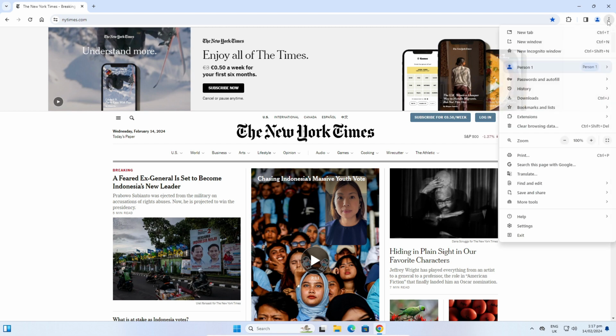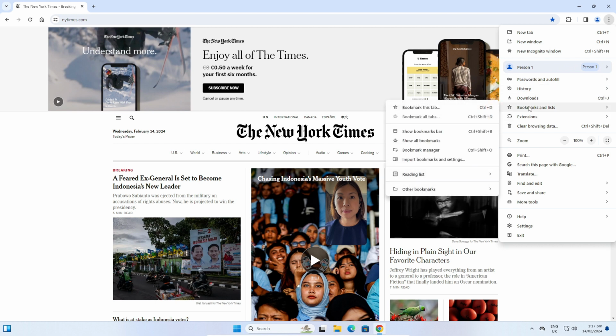And now my bookmark is saved. Click on these three vertical dots and just go to Bookmarks and Other Bookmarks, and here is your bookmark, New York Times. Now I will show you how to